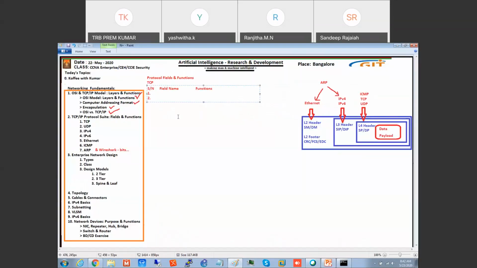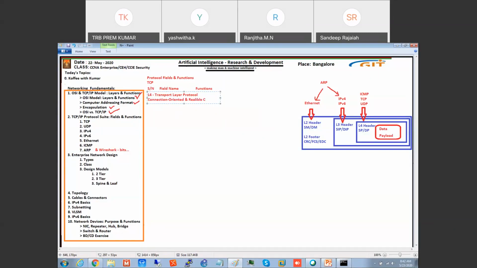First, remember, try to understand this. TCP is an L4, layer 4 protocol, a transport layer protocol. Okay, first point. Second, it is a connection-oriented and reliable communication protocol.